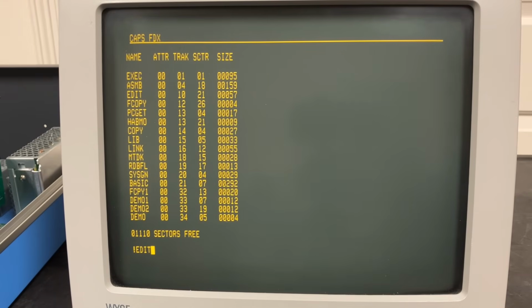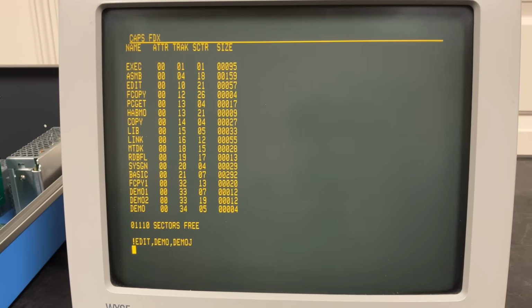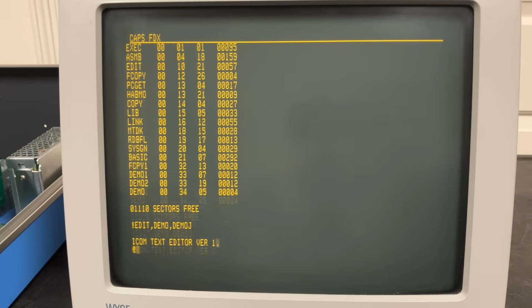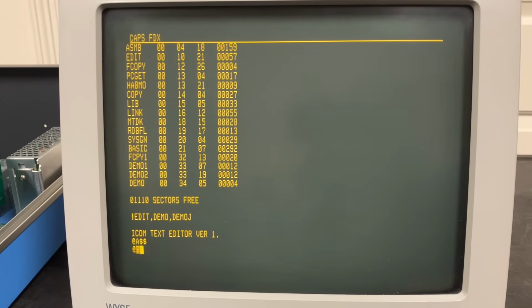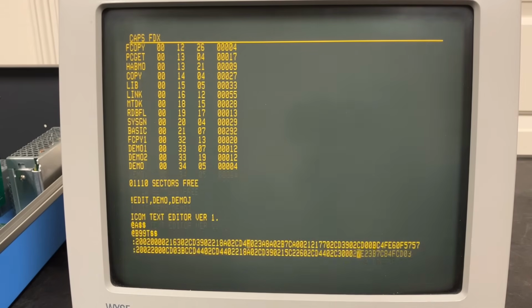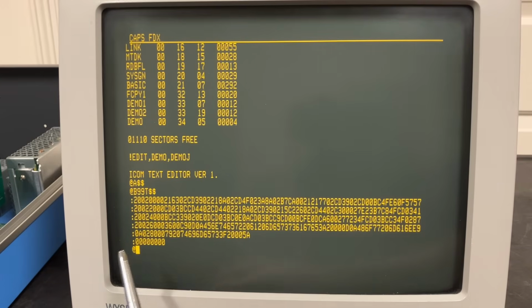hex file. So if I edit demo, which is the hex file, let's make a new one, call it demo J for jump. We can actually edit the end record and put in a starting address in there. So we'll bring the file in, take a look at it. All right, so on this end record, that's all zeros. The first byte, which is the first 2 digits after the colon on this last one,